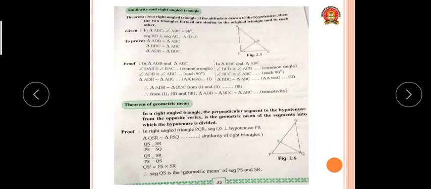I am always saying, and now also I am repeating the same thing, that in geometry the theorems are very important. The statement of the theorem and how to calculate it is very important. If you don't know the theorem, you can't solve the problem, because mentioning in the answer which theorem you are using is very important.